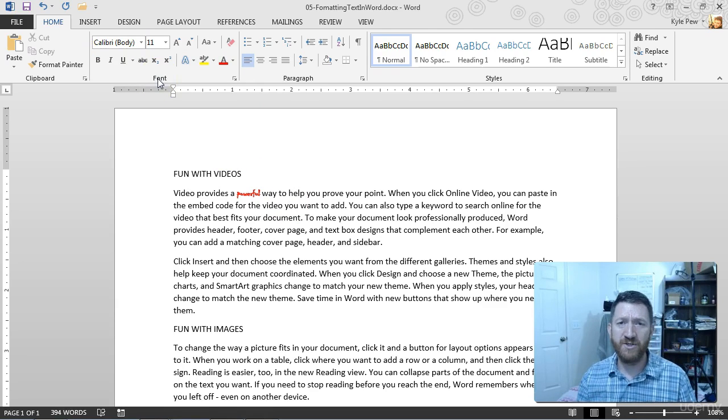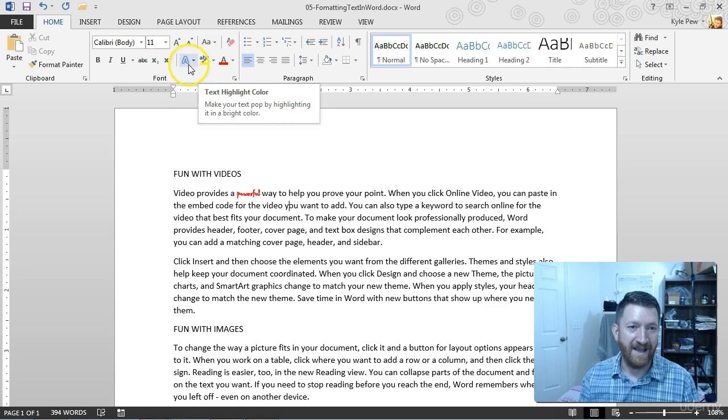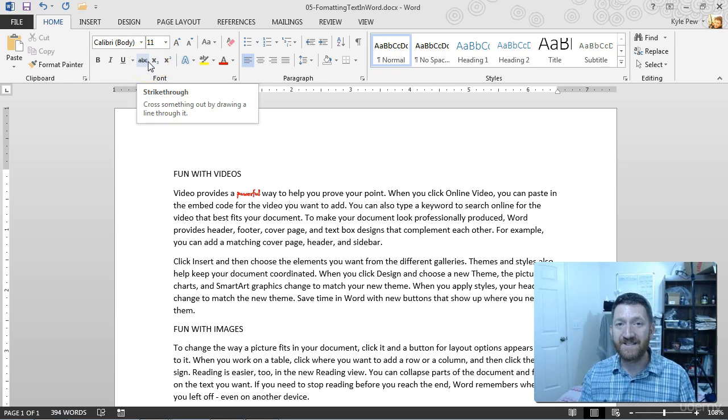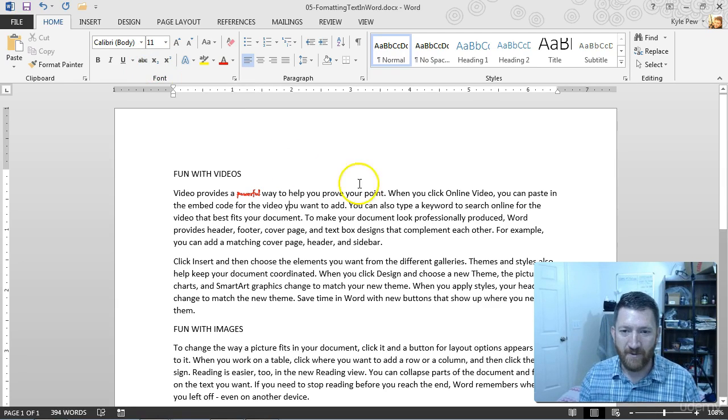Well worth your time. I just mentioned a couple of them there. But if you're relatively new to the font section, you've got all sorts of stuff. You can highlight it. You can superscript it or subscript it here. You can strike it out. That's a pretty common one if you've got a document that's going through iterations. You don't want to delete something because you want to keep it around for historical purposes, but I'll just strike it out. Right? I can come over here and say, hey, when you click on an online video, you can